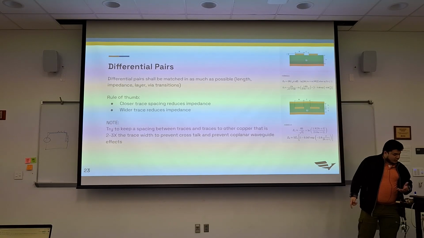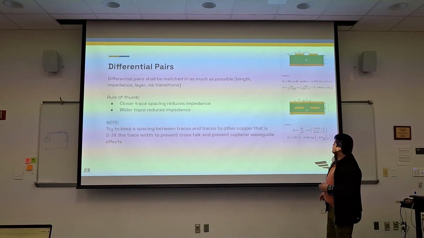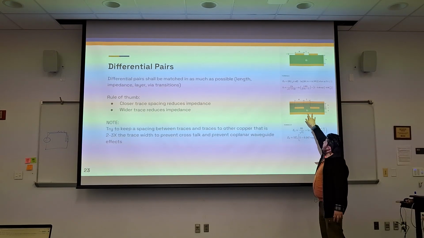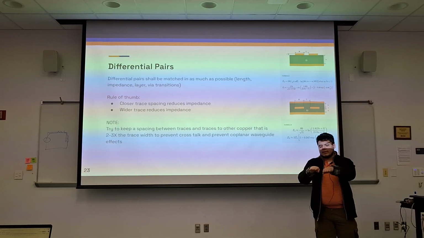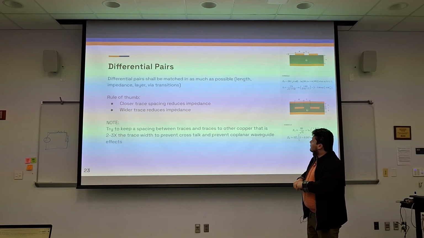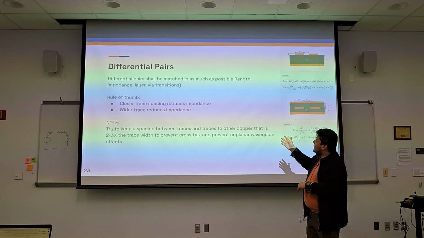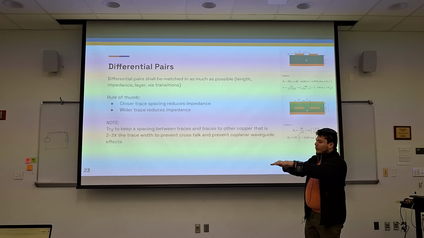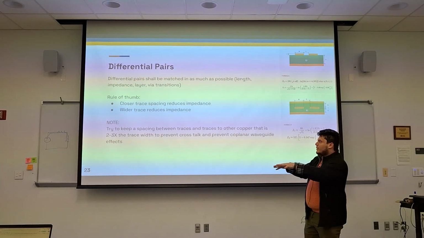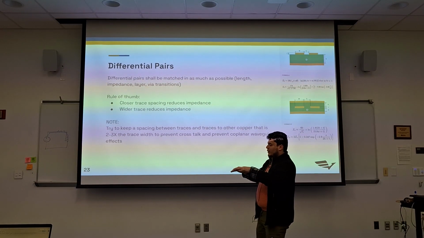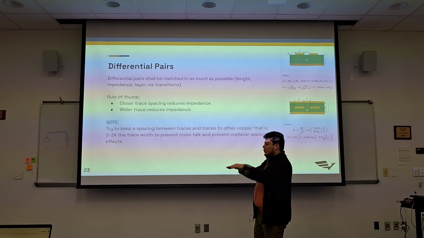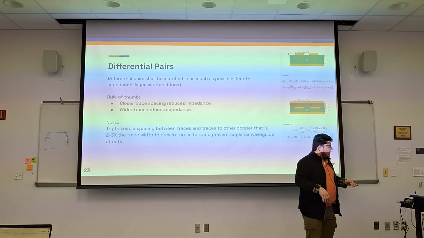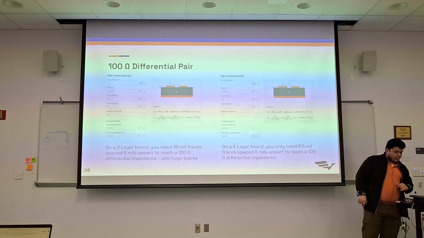And the same thing goes for differential pairs, right? In this case, we also have an extra factor, which is how far apart these edge-coupled connections are. Those are my rules of thumb. The closer trace spacing reduces the impedance, but also, as we saw before, wider traces reduce the impedance, right? Because generally, we're going to start with pretty high impedance, and we're designing to try to reduce the impedance to be as close to 100 ohms differential impedance. And so it's the same thing as before,